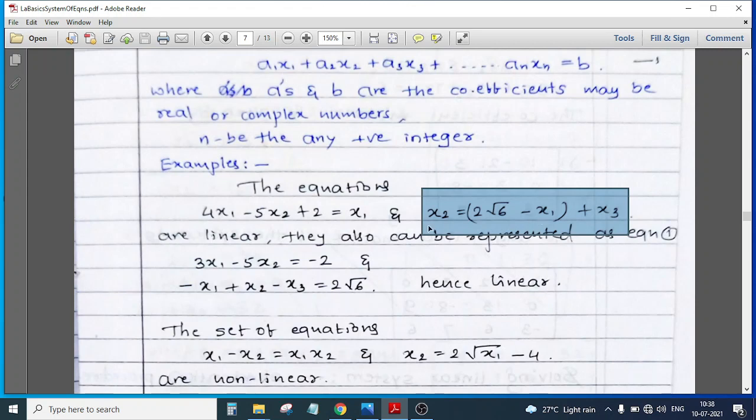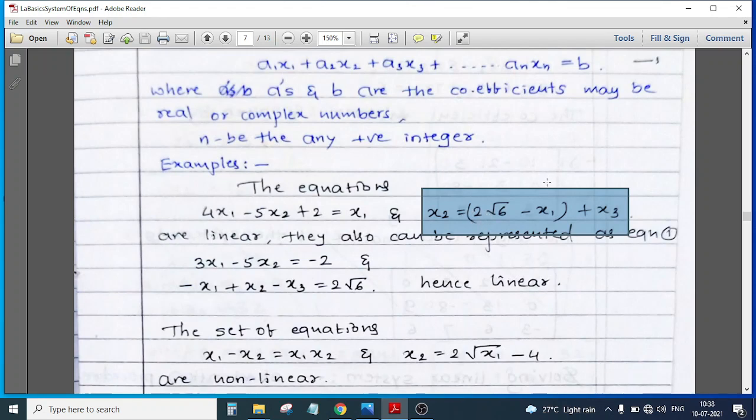What can I do now? Simple thing, I can get this x2 which is there on the LHS, I'll try to get it on the RHS. So when I get this on the RHS, it becomes a minus x2. And I can get this 2 root 6 on the LHS. That means we have separated our coefficients from our constant. So this is one way. What could be the other way? The other way is that we can get all this minus x1 on this side, minus x3, that is plus x3 on this side, thereby it becomes a minus x3, and 2 root 6 on the other hand side.